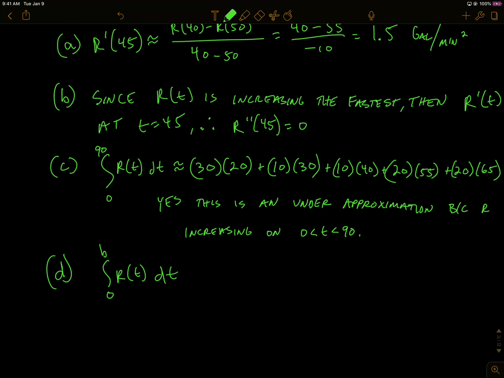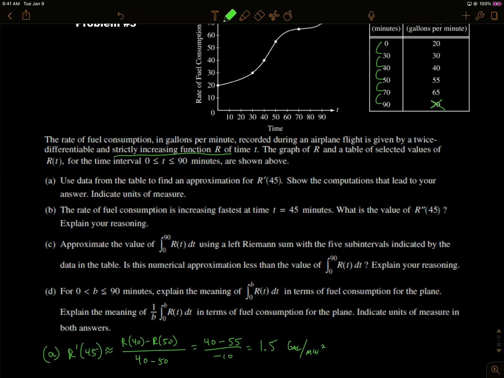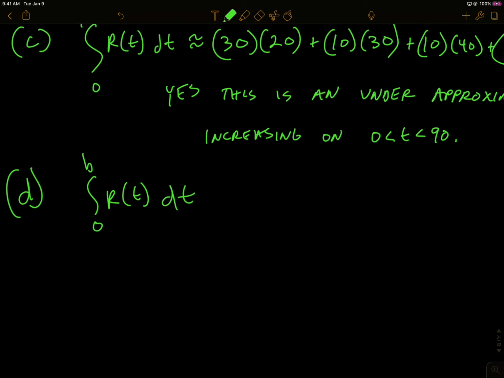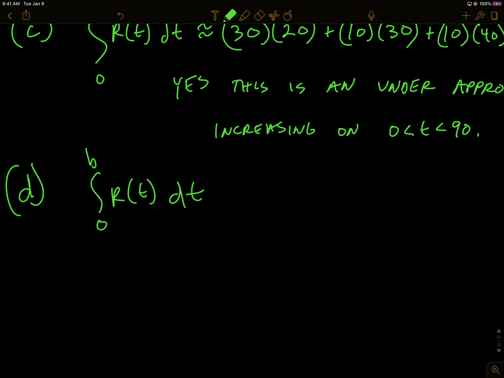So R was published as a rate, right? So it told us that R was gallons per minute. So if I integrate the rate, that takes the rate off it, and we're just going to do gallons. And it's not how many gallons there are. It's, we'll say the total or the change or whatever. So we can say it is the change